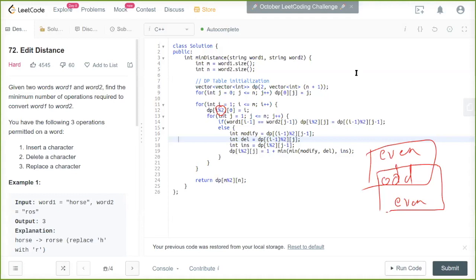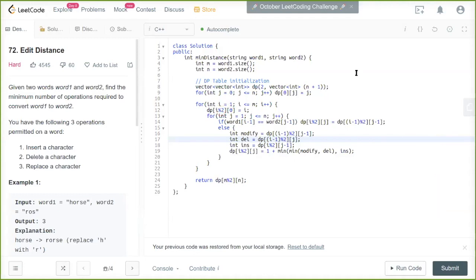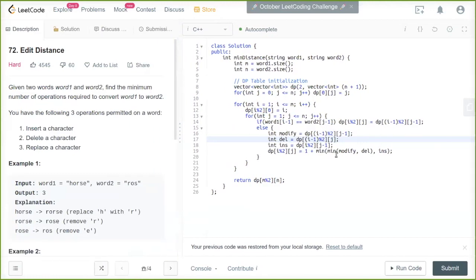That's why I can just use the two rows with this mod 2 operation, and the code is pretty much the same as the older code, except wherever I'm accessing a row, I access it with mod 2. If you observe, I have mod 2 everywhere. Even in the final solution, I'm returning dp of m mod 2 comma n, because depending on whether m is even or odd, that's going to be the latest row, right? So this should work. It should take the same time, maybe even a little more because of the mod operations, but that's not significant. But the space savings should be significant.